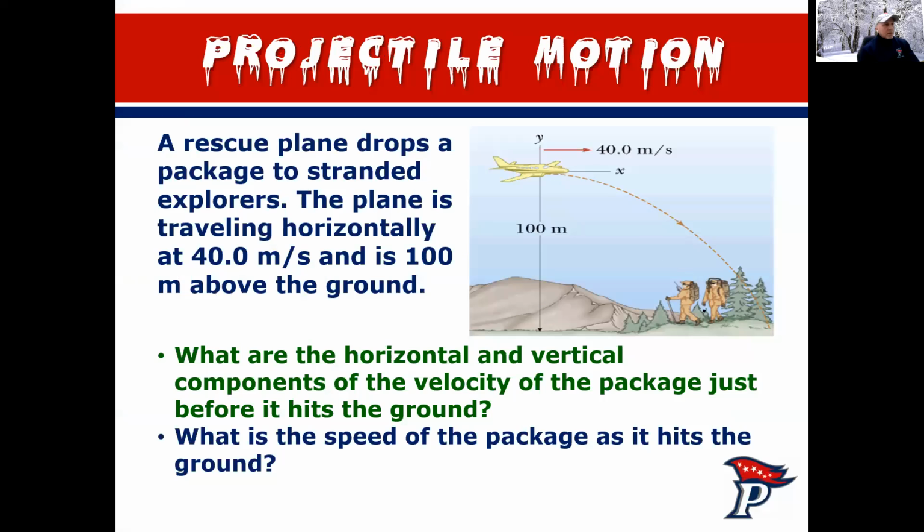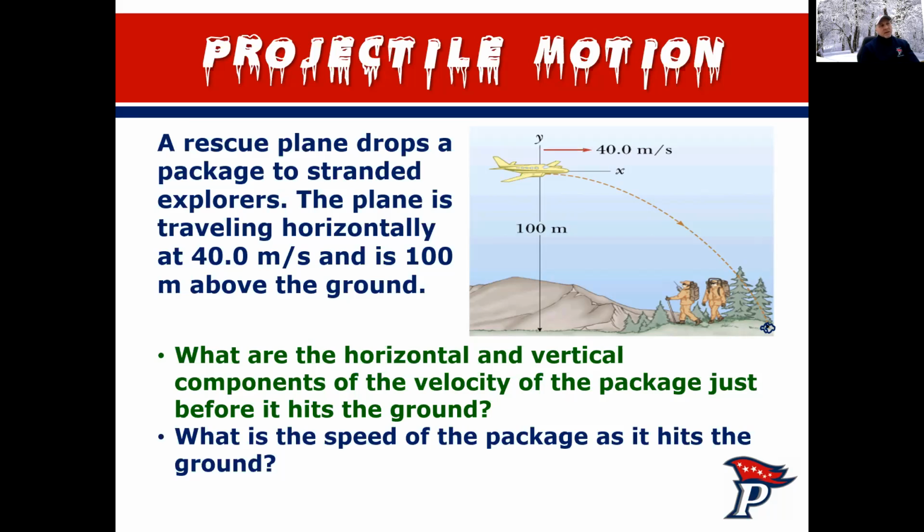These people are some people stranded, some explorers, and they're going to drop it so that whatever they're dropping to them, the package is going to land right there, right? Because we don't want them to have to walk miles to get their stuff. So what are the horizontal and vertical components of the velocity of the package just before it hits the ground,